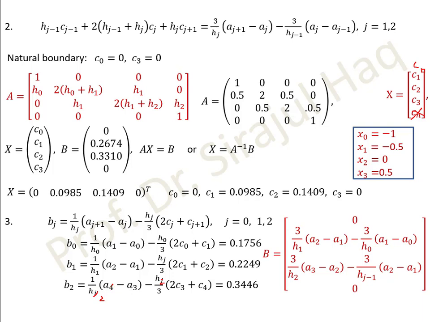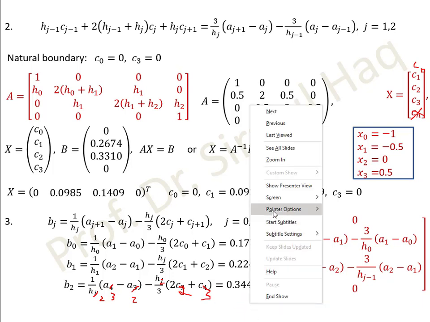I made this mistake. This is 3. And this is 2. The values of A2, A3, C3, this is C2, and this is C3. All these values are known, and when you substitute the values,